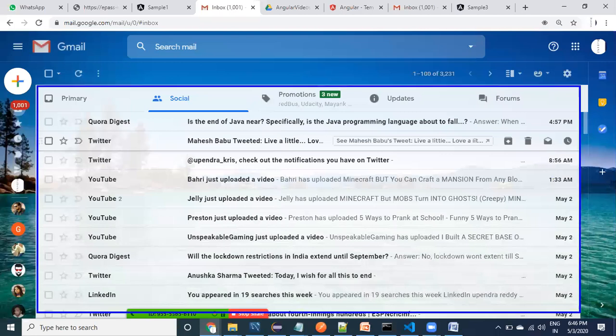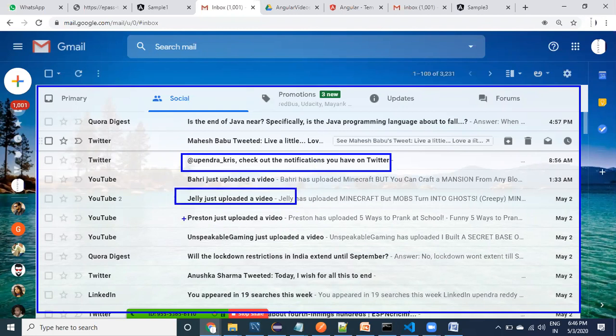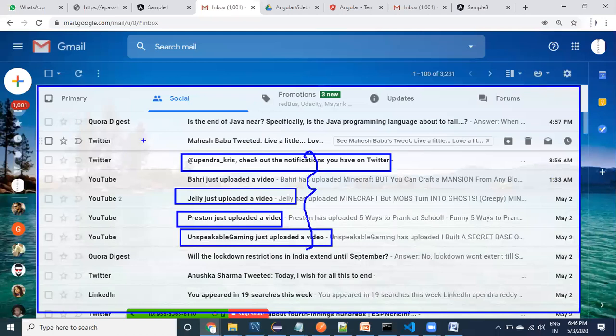To display this, what are the things available? Data means what? This data is coming from where? This mail comes from this person, somebody has provided it, and there are so many mails coming here. This is the data. So how is this data displayed? Using HTML along with the CSS. To display the content to the user, we need HTML, we need data, we need CSS.